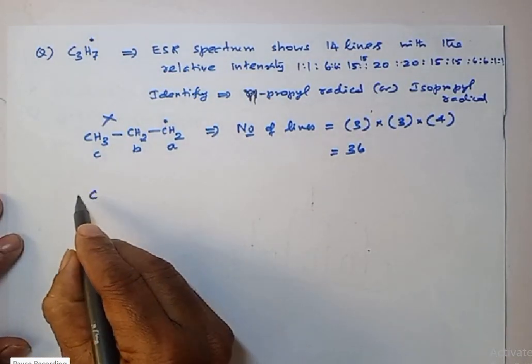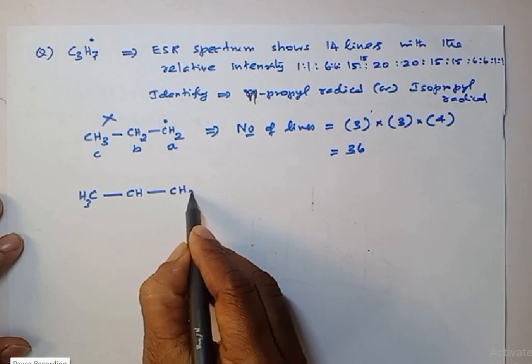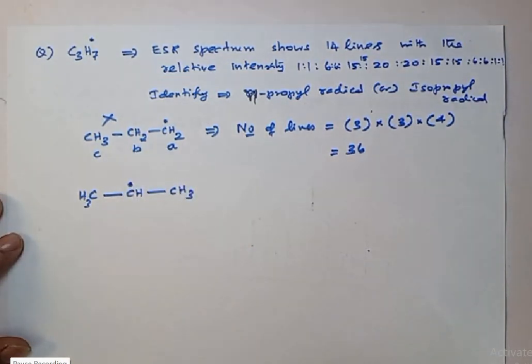Now let me take the next one, that is isopropyl radical. Isopropyl radical. So now we have a radical here. So it gives